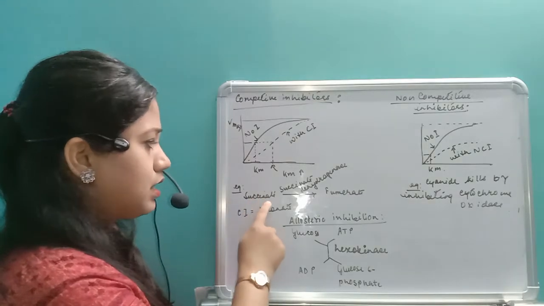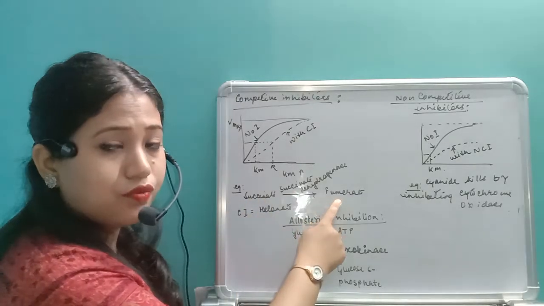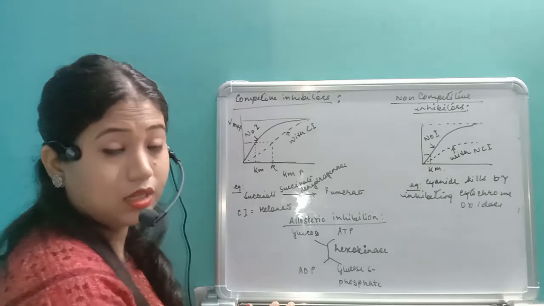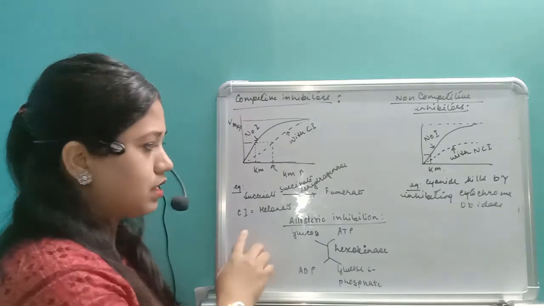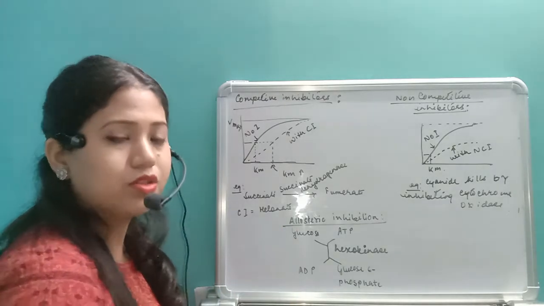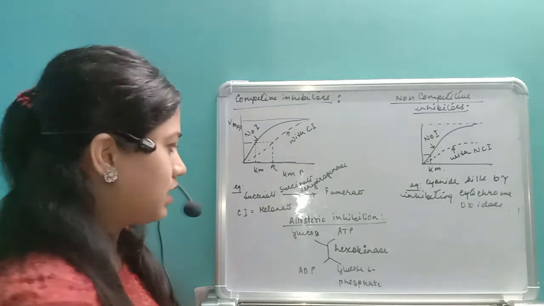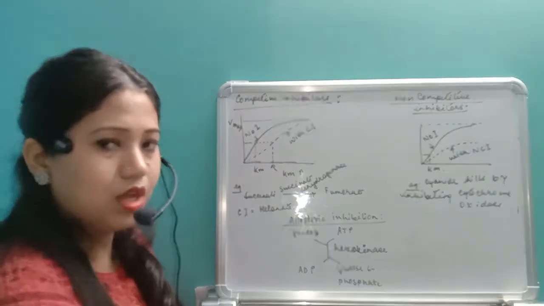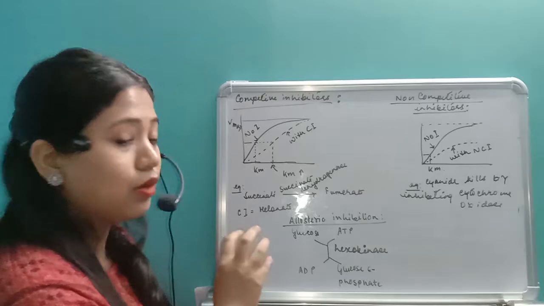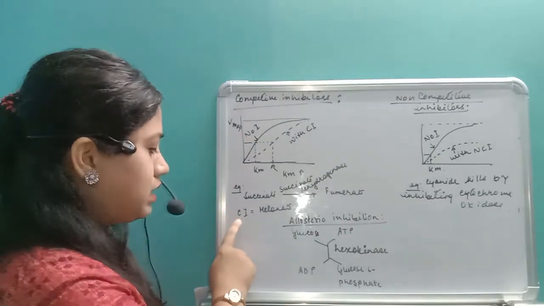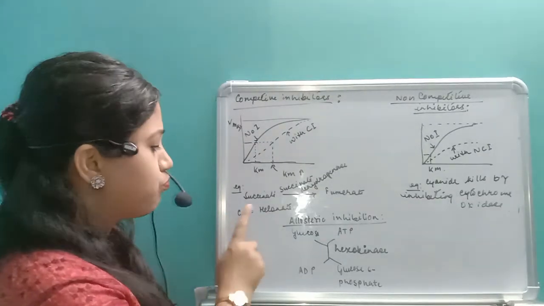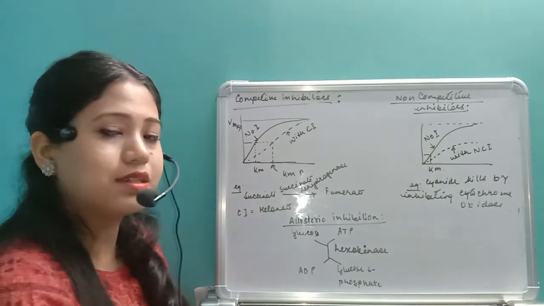Succinate will convert to fumarate. In biology, in the botany part, you have already seen it. Succinate converts into fumarate in the presence of one enzyme. That enzyme is succinate dehydrogenase. Now, succinate and malonate, both of them, malonate is a competitive inhibitor, so malonate as well as the succinate, both